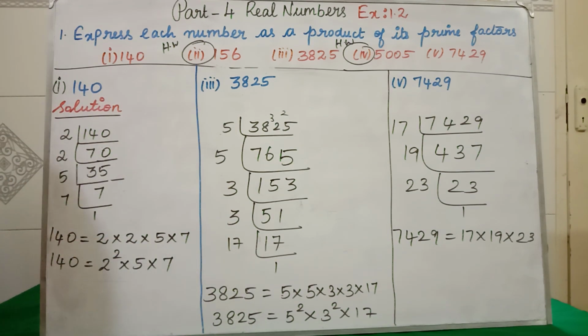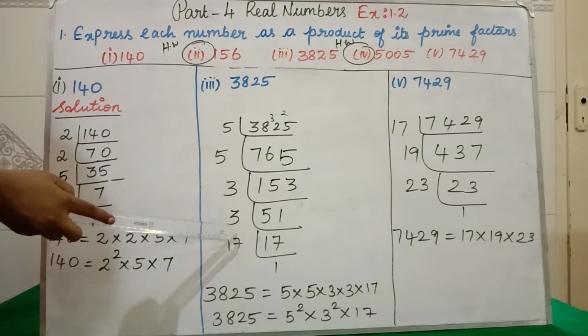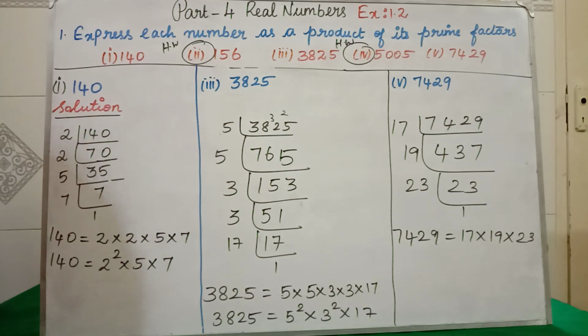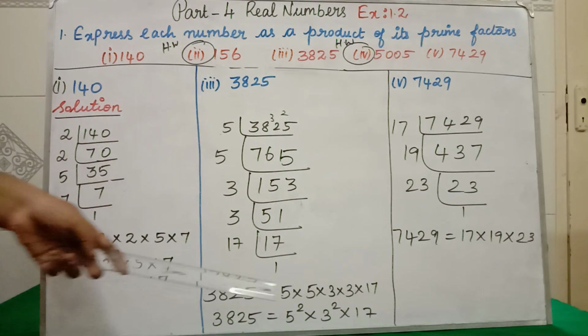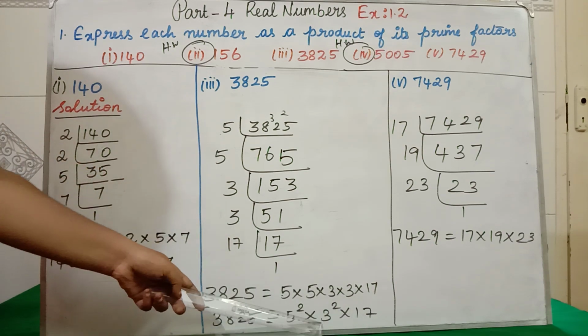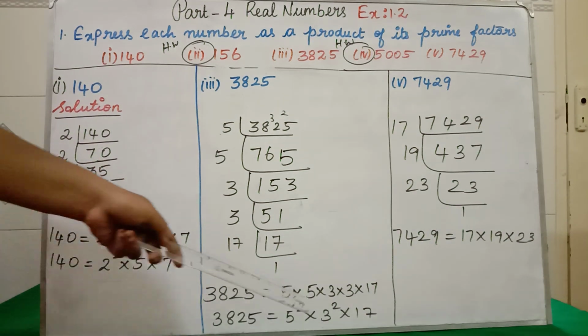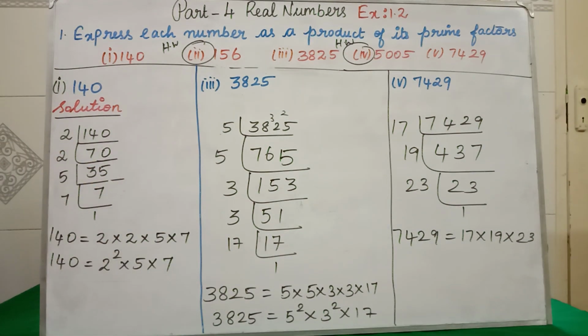Clear? Now how can we express 3825? 5 into 5 into 3 into 3 into 17. Since we have two 5s, I have written 5 square, and two 3s, so I have written 3 square into 17. Clear, all of you? Then the last, fifth question,